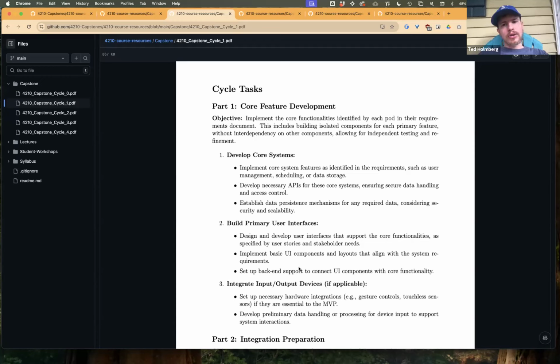So this is going to include building those isolated components for each primary feature, where we try to limit or minimize the interdependency on those components. Now, clearly, you can't limit it completely. And so as you might have seen in one of the IT workshops, there's this idea of designing software using a microservice architecture as opposed to a monolithic architecture. Either way